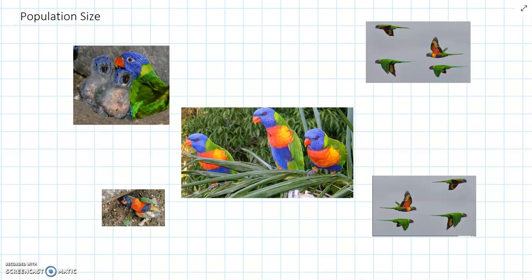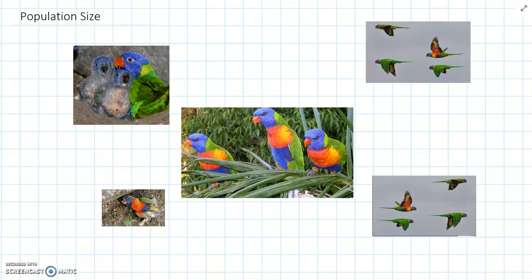We've already learnt that a population is a group of organisms of the same species all living together. And ecologists who study populations have found that the size of populations can change over time. And for people, we definitely know this is true. We know that the population of Australia is going up every single year.